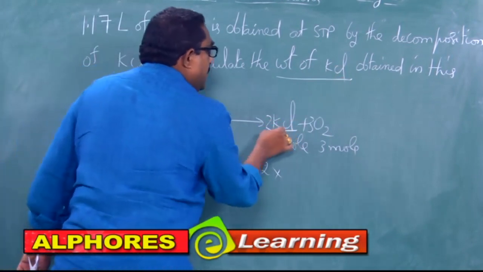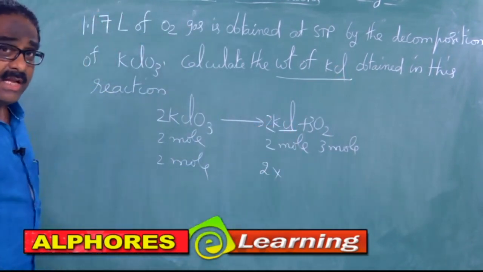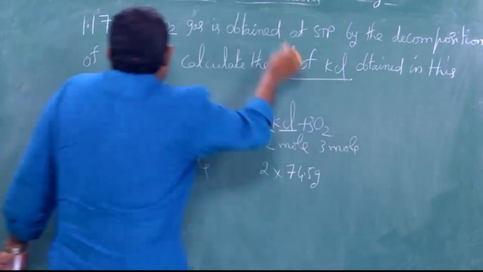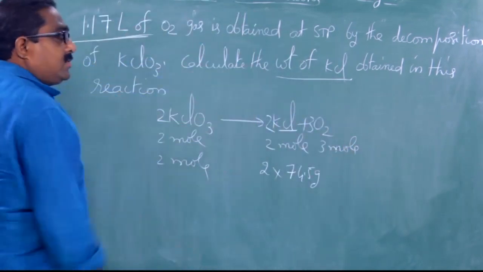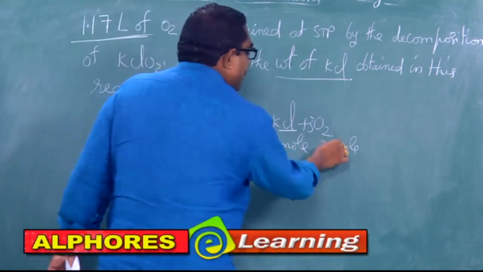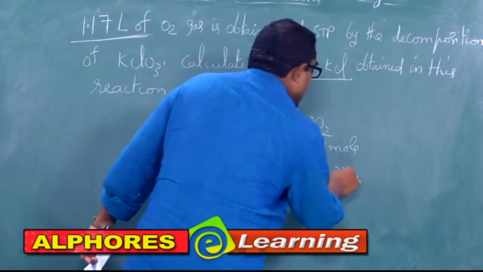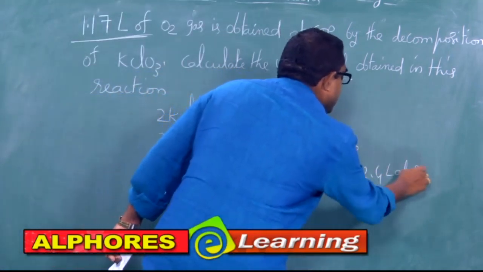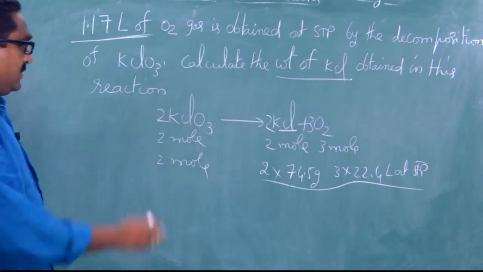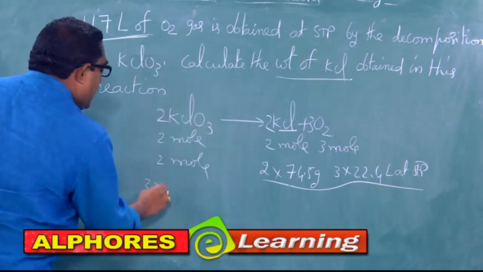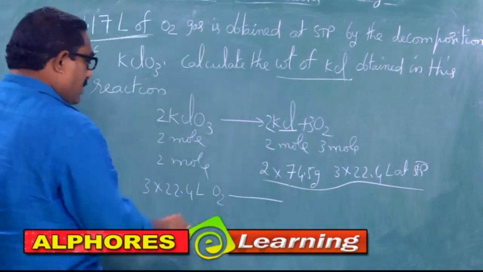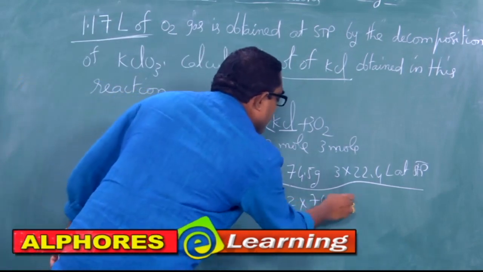2 into potassium chloride formula mass, potassium 39, chlorine 35.5, so 74.5 grams. And for this he has given volume data, and also STP has been mentioned. So, convert these moles into STP volume. Simply you can write 3 into 22.4 liters at STP. Now, based on these two data, we are going to solve this question. See, 3 into 22.4 liters oxygen is obtained along with 2 into 74.5 grams of